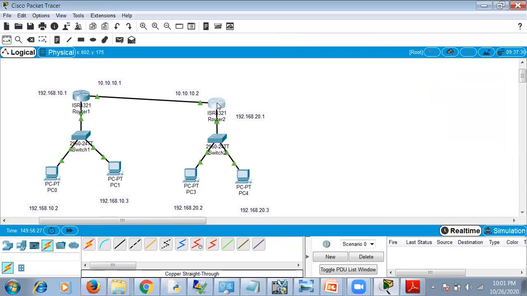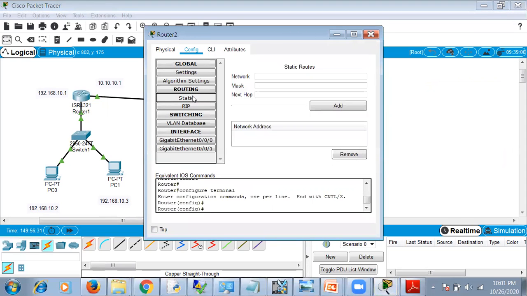Now we'll go to router 2. Click on static. Now add this LAN 1 address. Now click add.